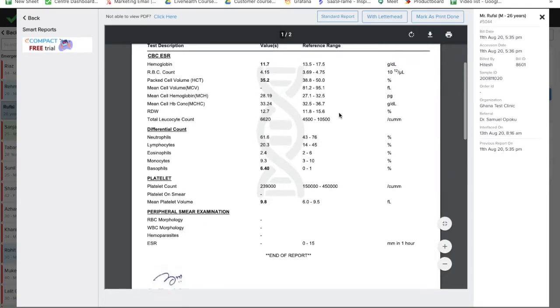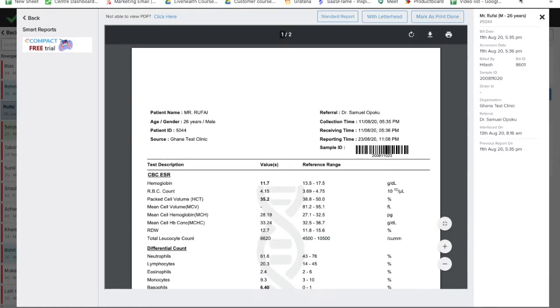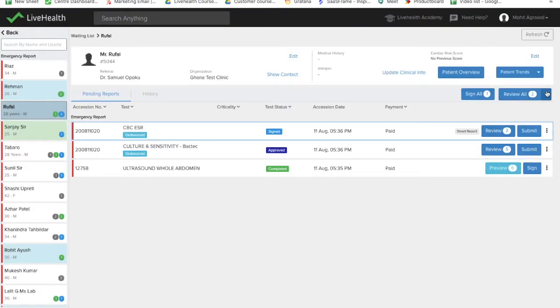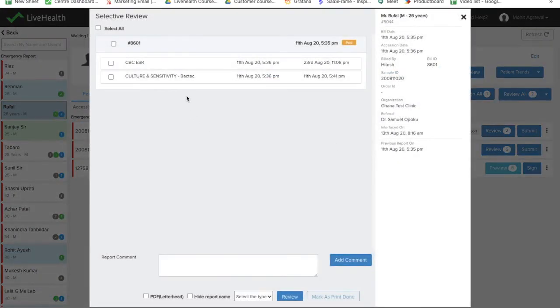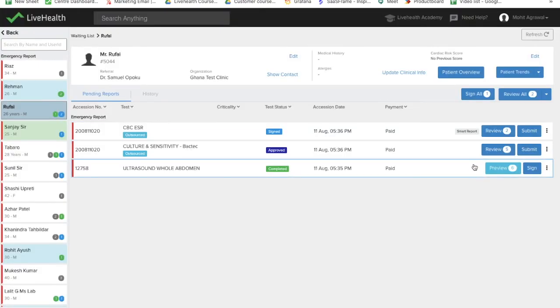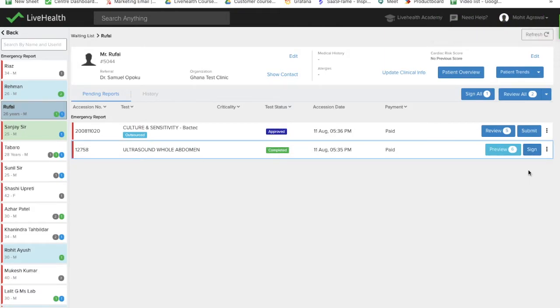Okay, so all the reports will be printed together, and if you want the reports to be printed without any page break in between, then you can select the no page break option. And if you want to print only selective reports, you can use the selective review to select the reports which you want to print at that time. Once the report is printed, you can submit the report. So once the report is ready, I can then submit the report. Once I submit, the report will go away from the waiting list,